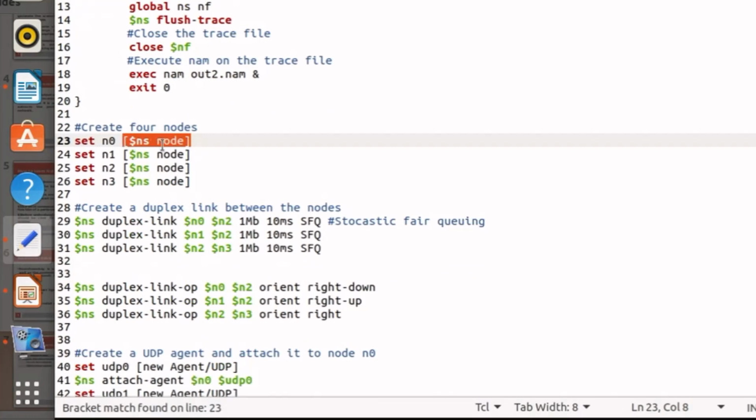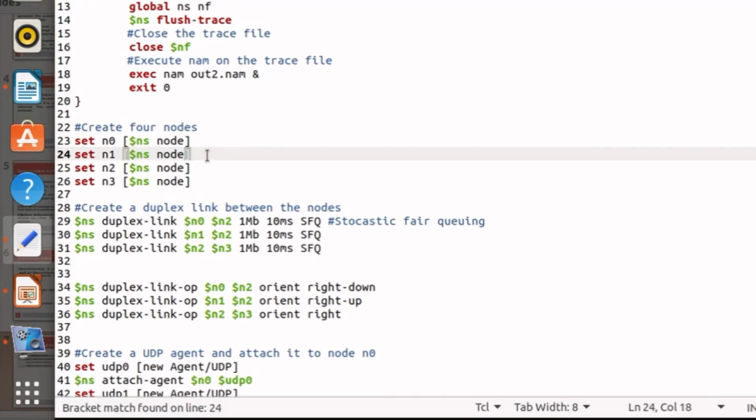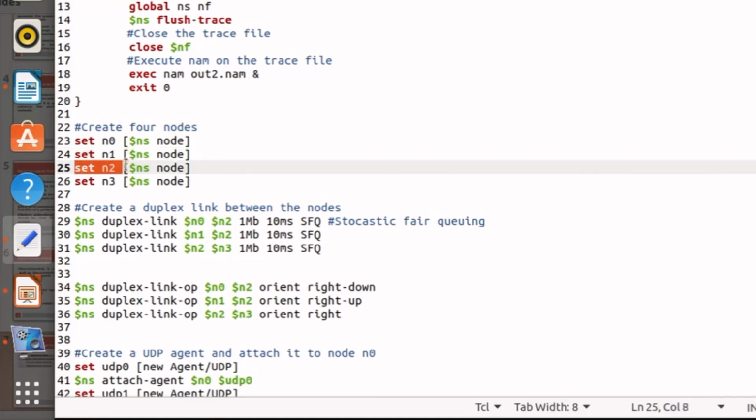So in that particular object a node is created. The next line will create another node named n1. Then the third line creates another node named n2, and this line will create one other node named n3. So in total 4 nodes are created: n0, n1, n2 and n3.